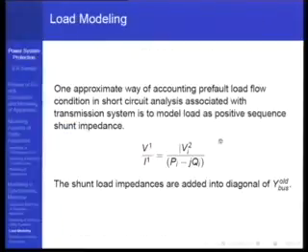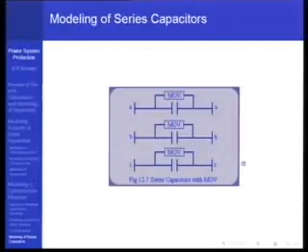Loads, you can make it as an equivalent impedance and connect it to the diagonal of the positive sequence. Series transmission lines having series capacitors have an issue, because the series capacitors are connected in parallel with a protective device, which is metal oxide varistors, and these metal oxide varistors